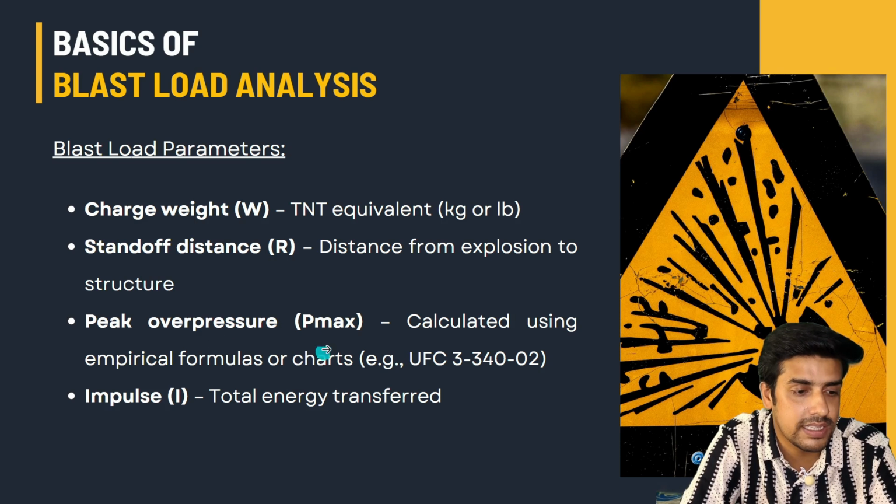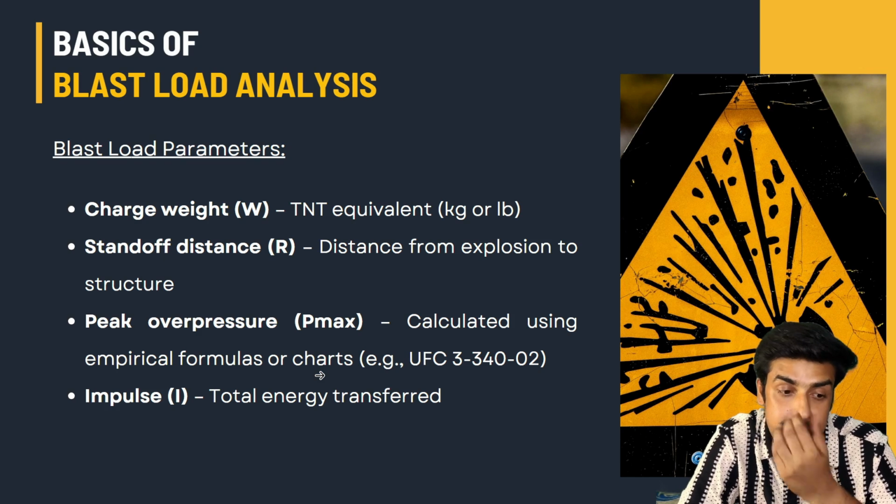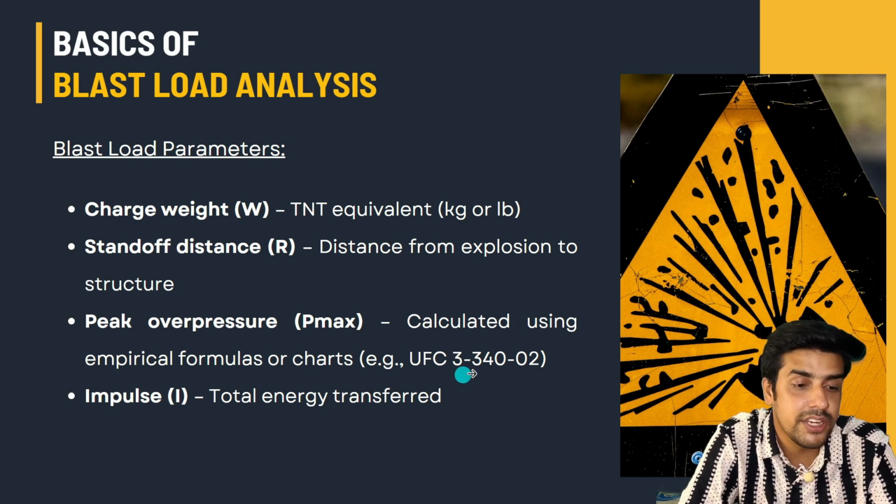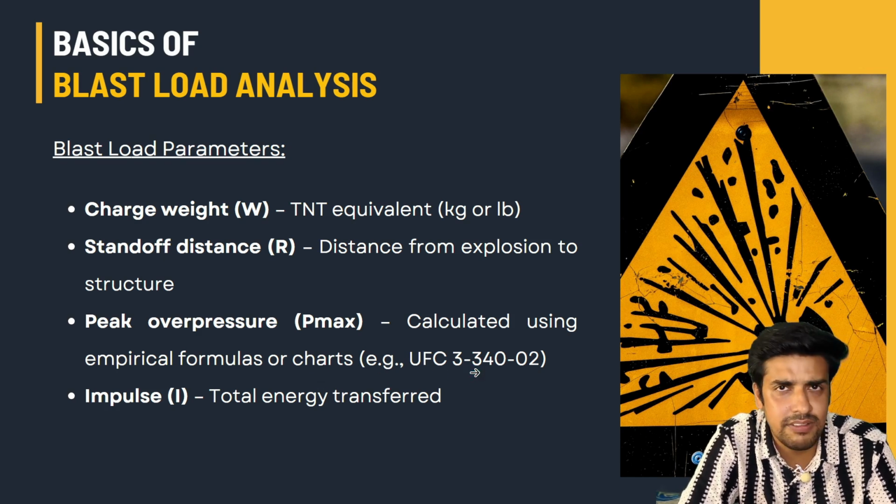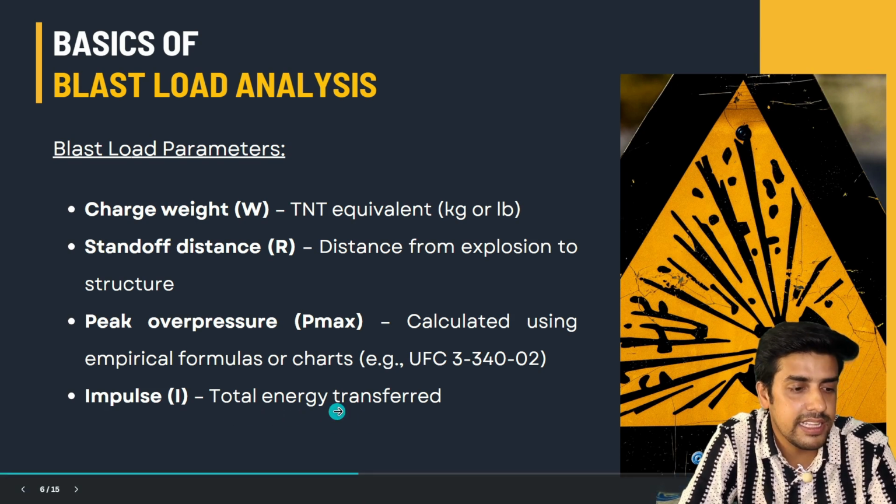These are the two methods that I have discussed right now, that is how to calculate the peak overpressure with respect to time. One we can do with the empirical formula, that is Friedlander's equation, and the second is through the charts, and charts are available in UFC 3-340-02. That I will share in the next slide. And the impulse is the total energy transferred. Okay, so now let's see